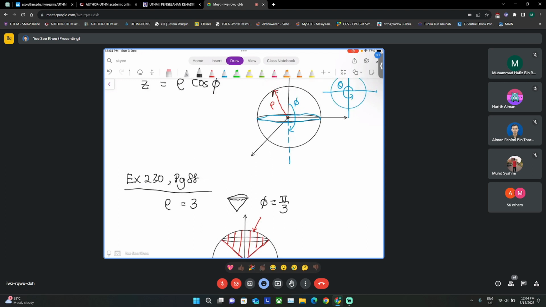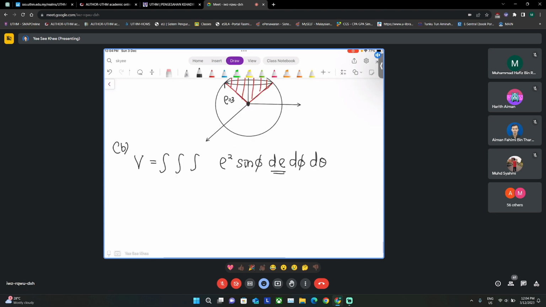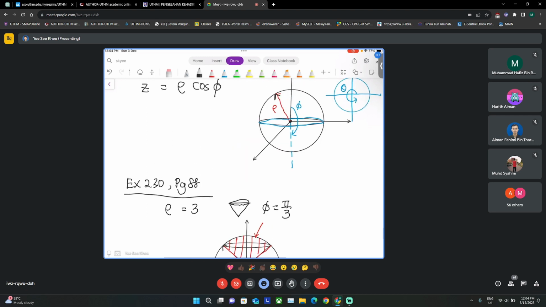Okay, it's the radius of the sphere. So this sphere has a radius from 0 until 3, because it's mentioned by the question. Rho is 3, so d rho will be from 0 to 3. And for d phi,